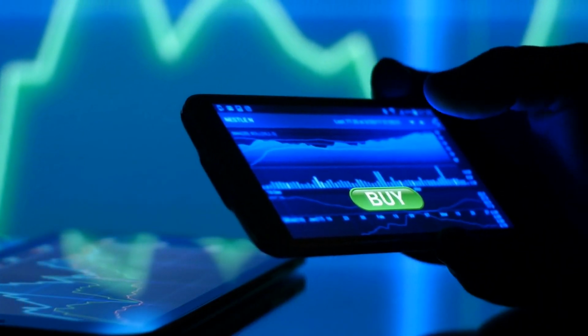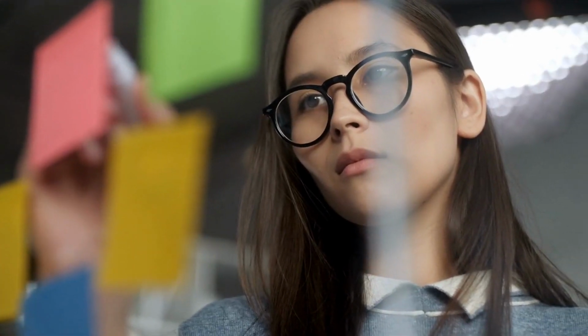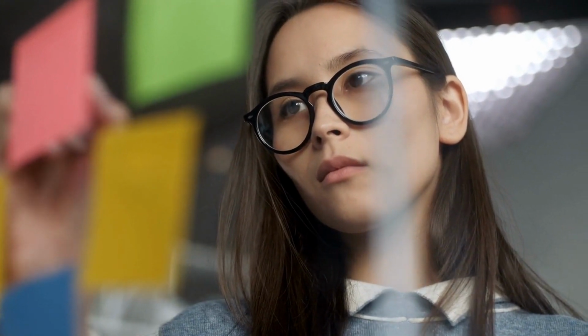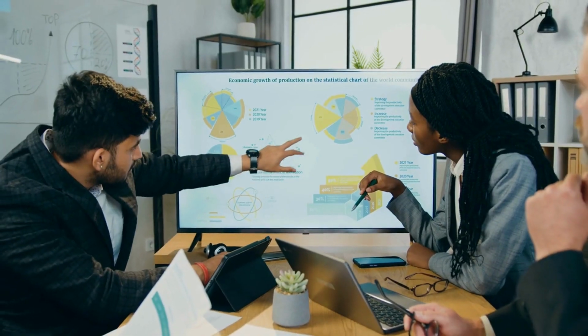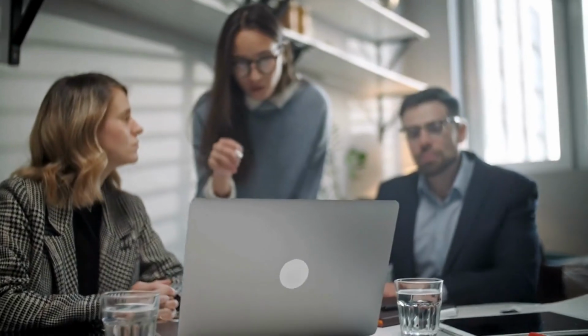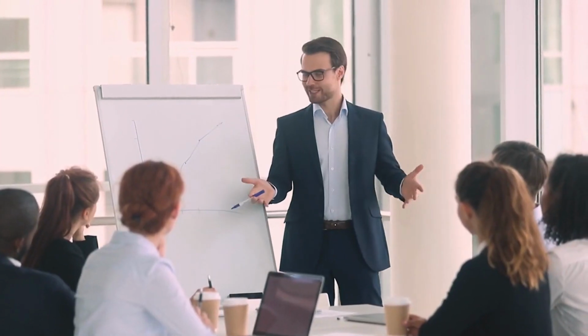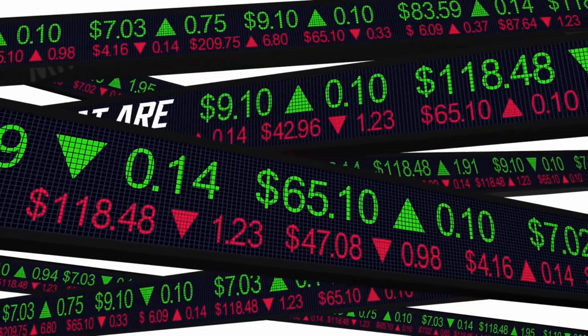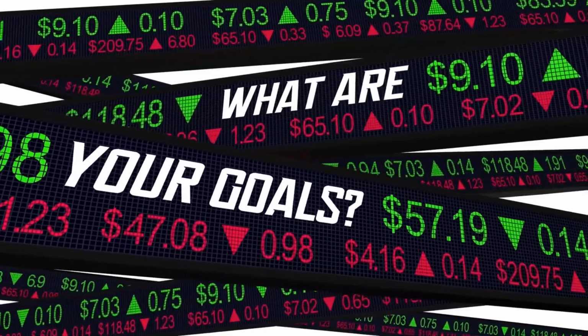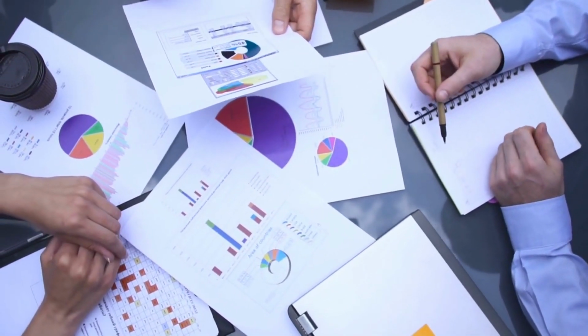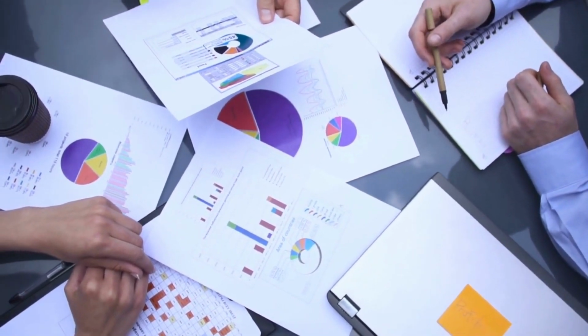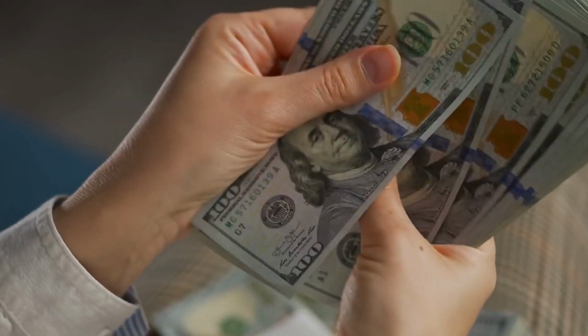Getting started with online investing. To get started with online investing, follow these steps. 1. Research the investment opportunity. Before investing in any opportunity, research it thoroughly to understand the risks and potential rewards. 2. Choose a platform. Choose a reputable online investment platform that aligns with your investment goals. 3. Create an account and fund your investment. Create an account with the online investment platform of your choice and fund your investment with cash or assets.